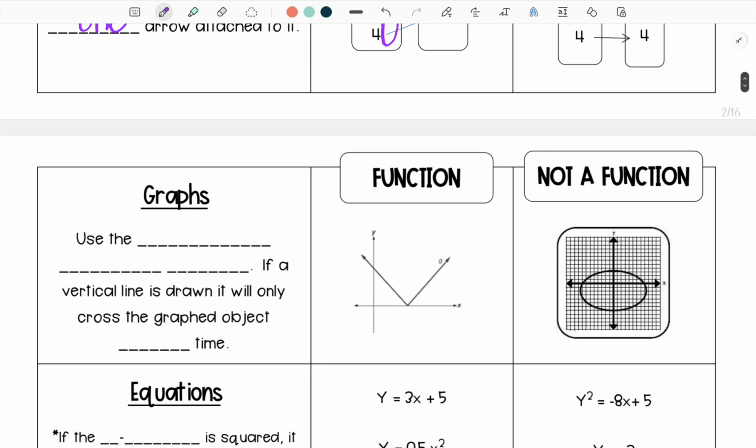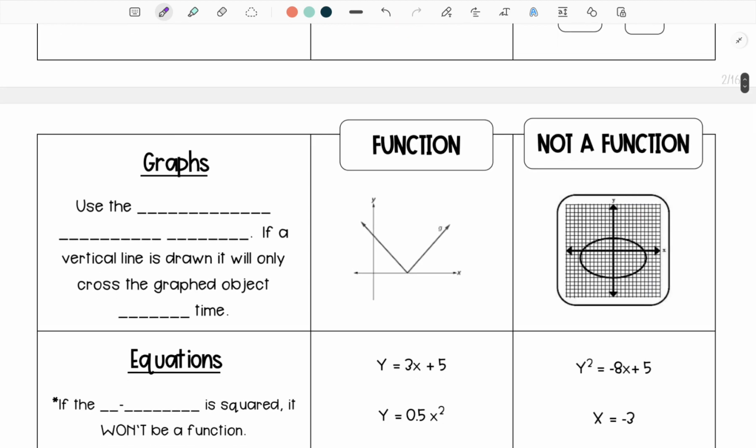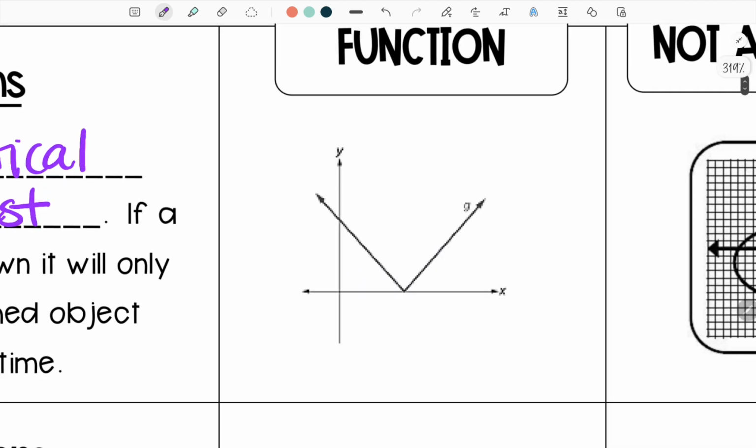Okay, graphs. What we're going to do is use the vertical line test to see if it's a function or not. If a vertical line is drawn, it will only cross the graphed object one time. So I'm going to zoom in and draw a random vertical line. There's one. I can draw it anywhere I want, and you can see that every time I draw a vertical line, it only crosses my graphed object one time